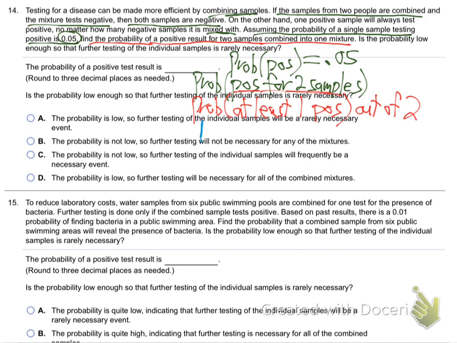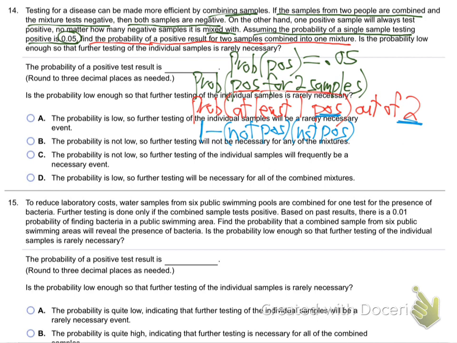Is it tricky? 1 minus not, now not what? Not whatever they're saying. Remember, if they say, what's the chance that at least one is a boy? Then we go 1 minus not boy, not boy, not boy. If they say, what's the probability that at least one of them is lying? Then we go 1 minus not lying, not lying, not lying, not lying. We just do not whatever they're saying. They're saying, what's the probability at least one is positive? We go 1 minus not positive, not positive. And we're only doing 2, so it's going to be 1 minus not positive multiplied by not positive.